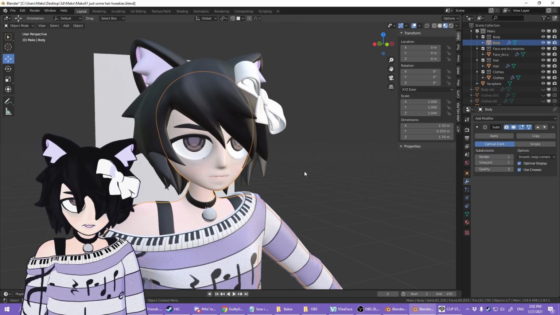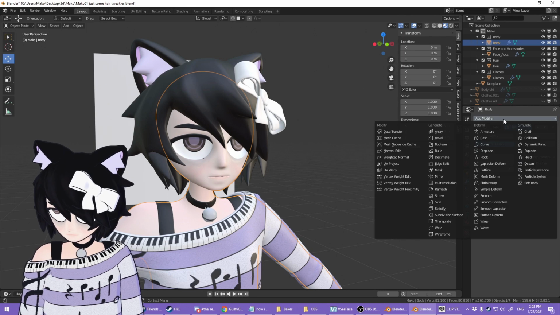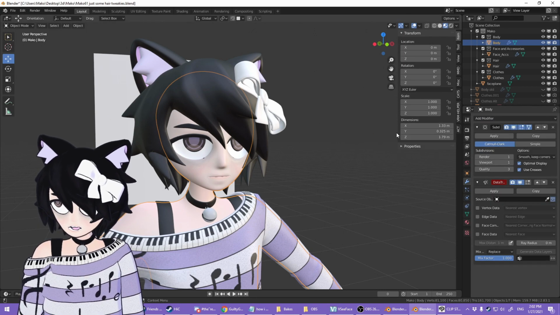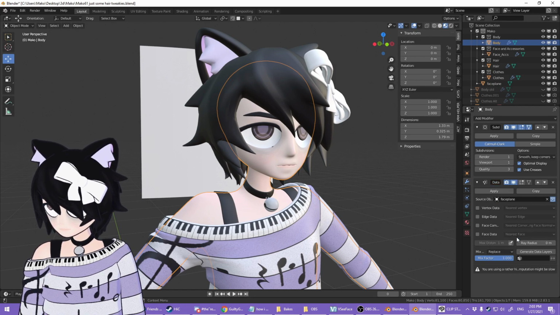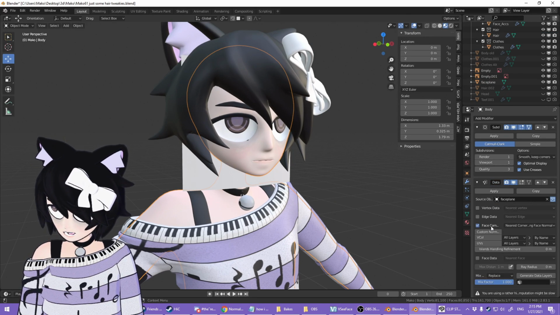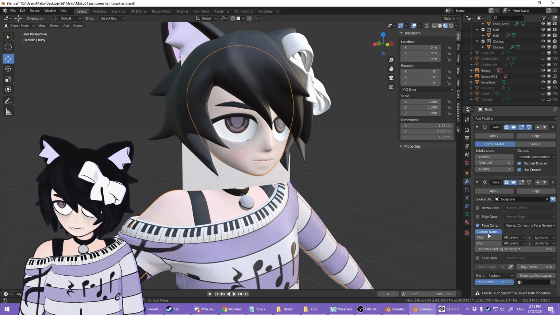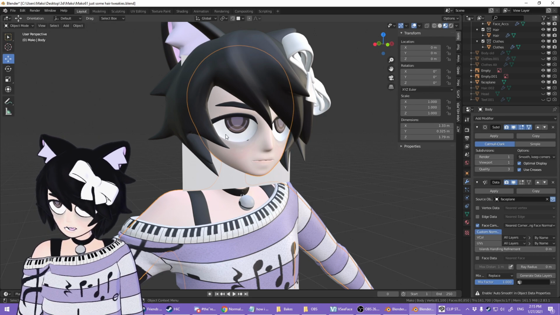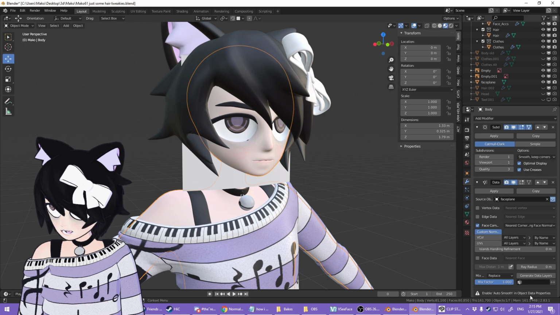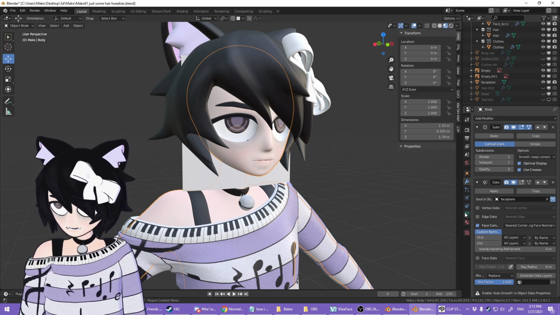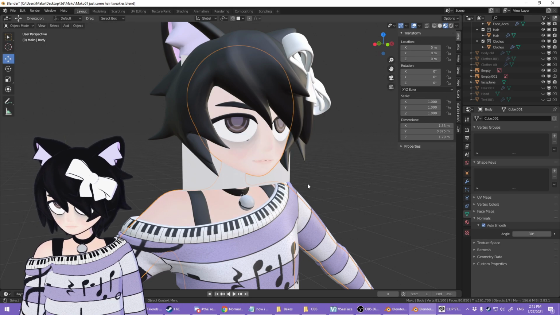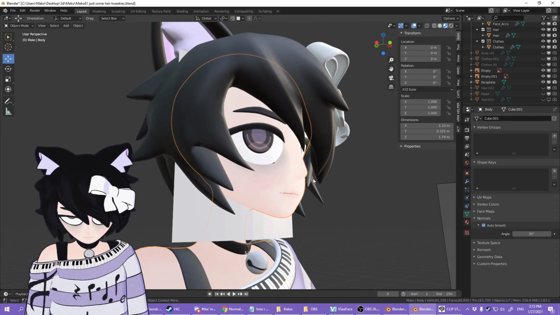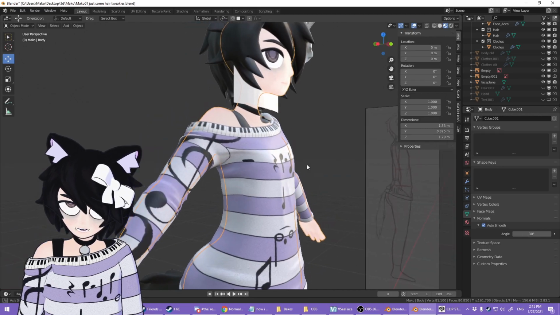Now I'm gonna go to my body mesh and add a data transfer modifier. Source object, face plane. Enable face corner data. Click custom normals. You'll notice nothing happened, and it's telling us to enable auto smooth in object data properties, so let's go do that. That's down here under normals, auto smooth. And would you look at that? Our shading just dramatically changed.